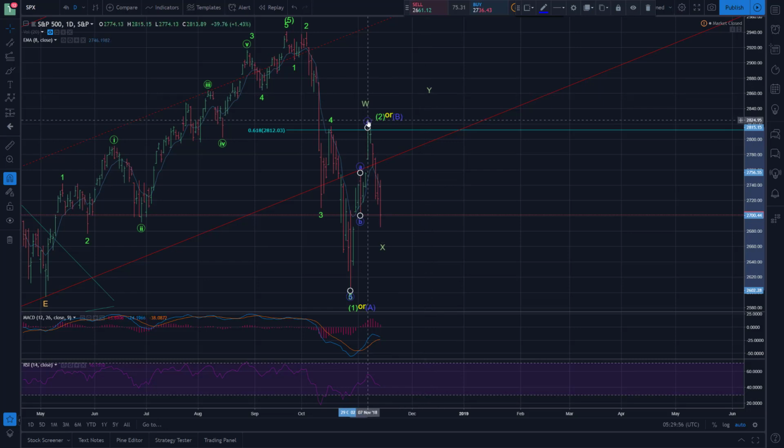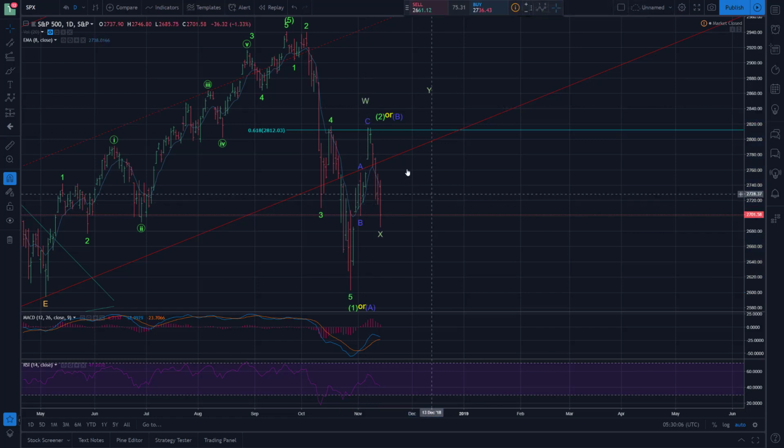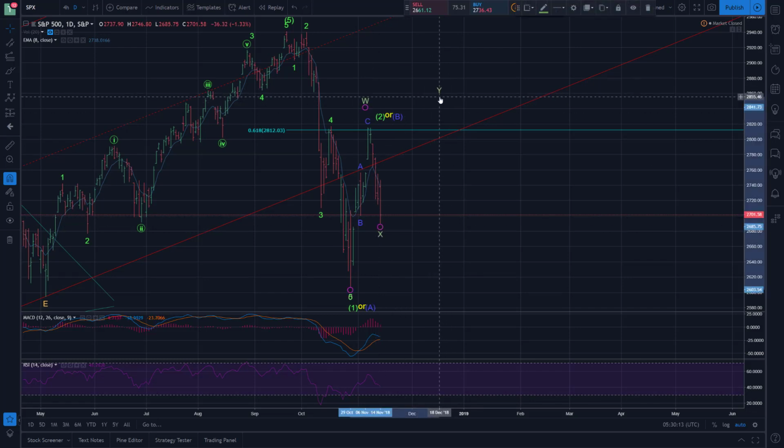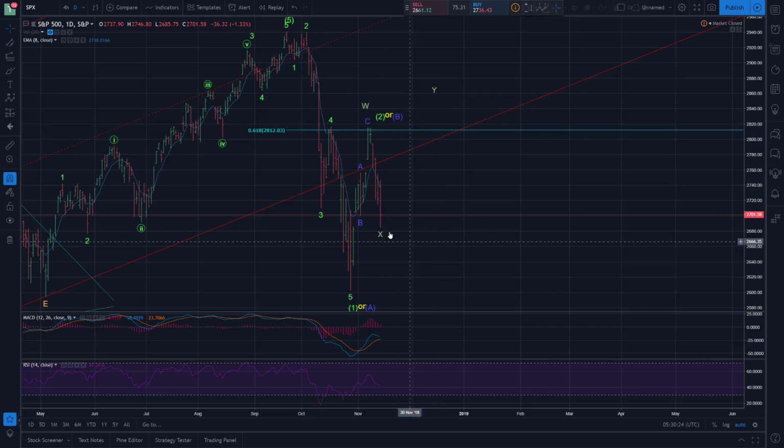Now I obviously don't currently favor this because there's no reason to. So far we've just been trending down as this most basic wave count would implicate that we should, and it's still working. So no need to change the count at this point, but just be aware that this could still play out more complexly to correct more time, as discussed before. And we'll just have to see if we can actually come down and take out the lows or not.